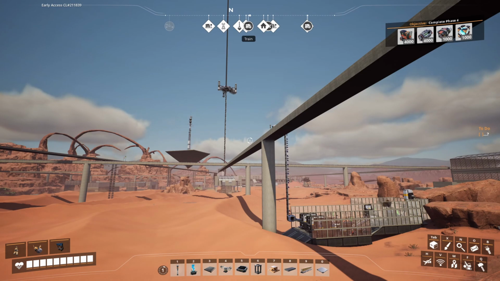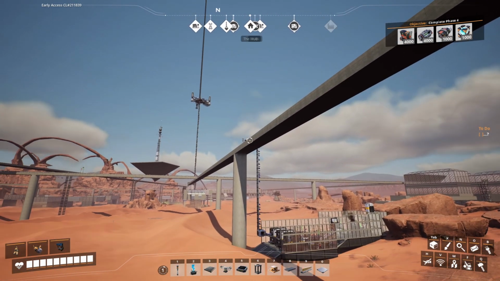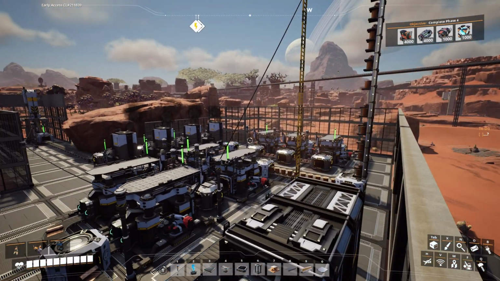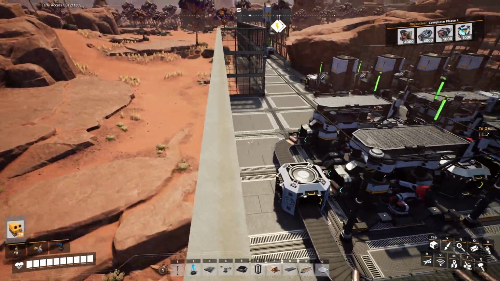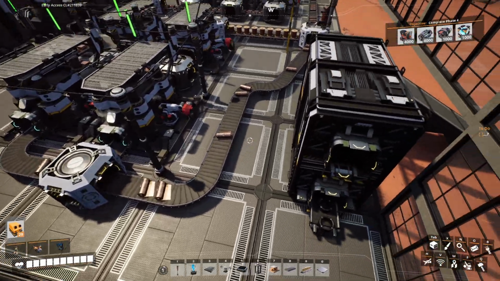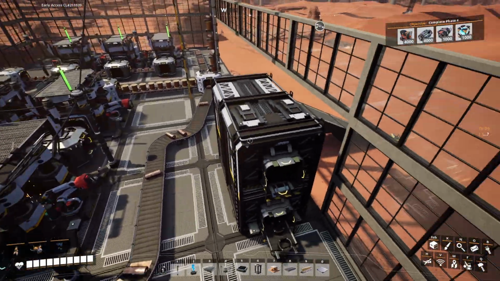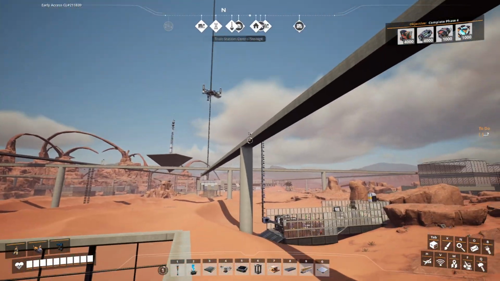Now I'm at our basic copper production that feeds wire and copper sheets to our central storage system, and I changed the setup here a little bit because in the very beginning we set up a wire construction over here with 2 constructors that further converted these into cables, but I cut off the connection to our central storage system